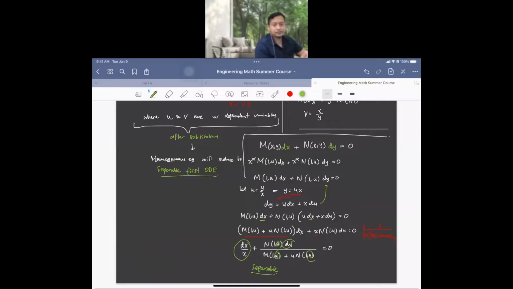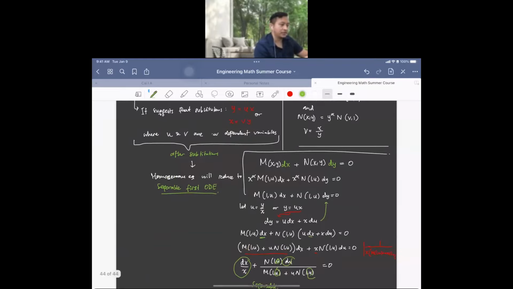The key for the substitutions to work is to define them, whether you need to substitute y with ux or x with vy. It depends on the structure of the equation,